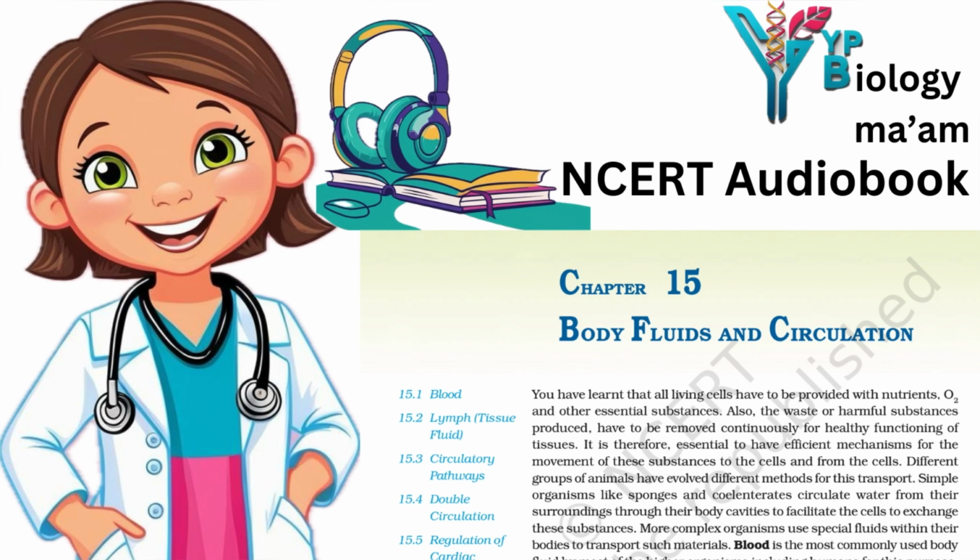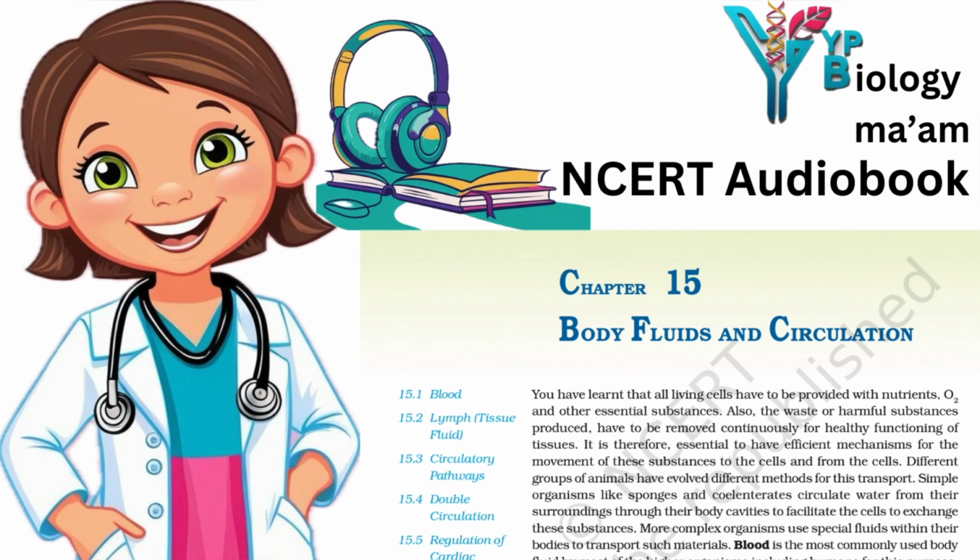The oxygenated blood entering the aorta is carried by a network of arteries, arterioles and capillaries to the tissues, from where the deoxygenated blood is collected by a system of venules, veins and vena cava, and emptied into the right atrium. This is the systemic circulation. The systemic circulation provides nutrients, O2 and other essential substances to the tissues and takes CO2 and other harmful substances